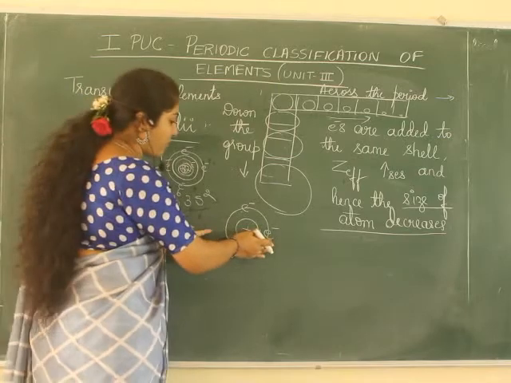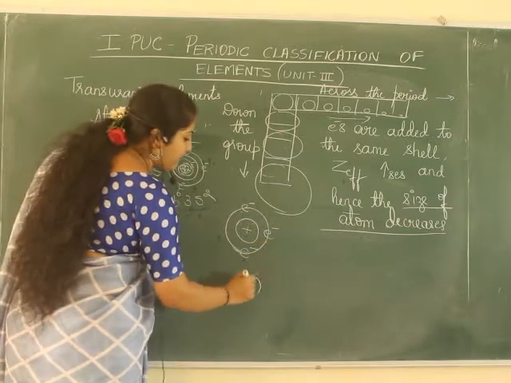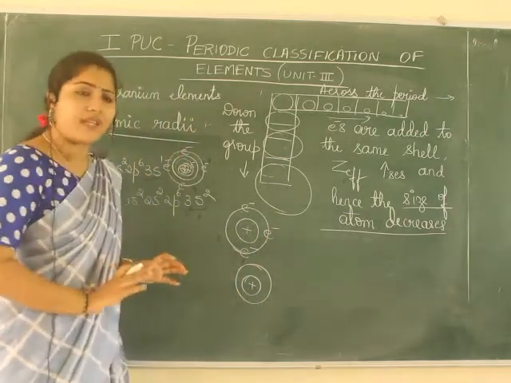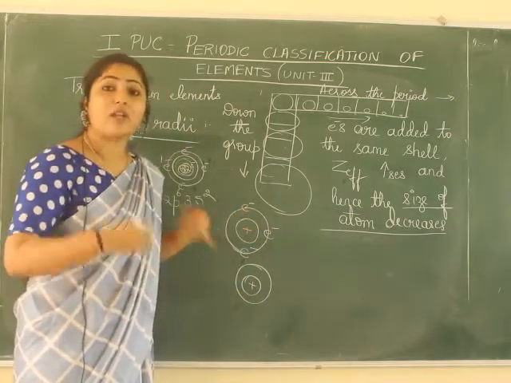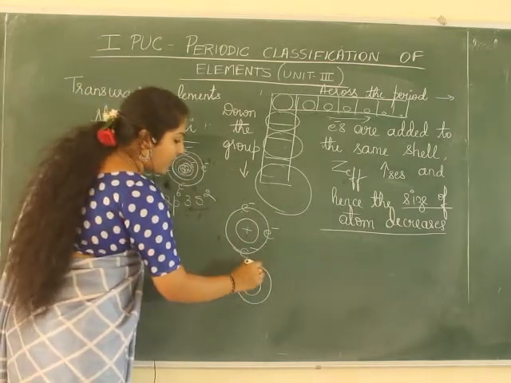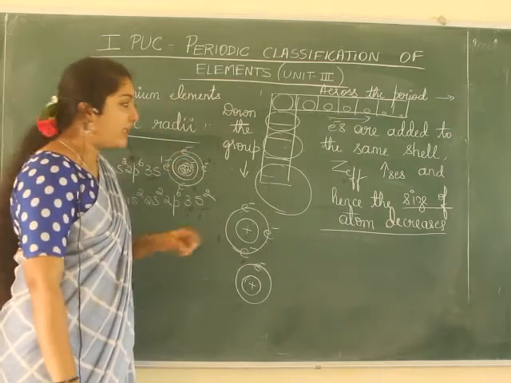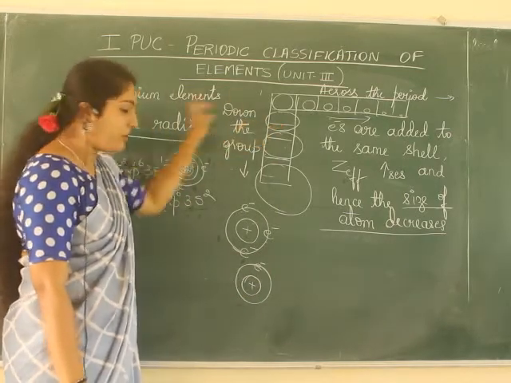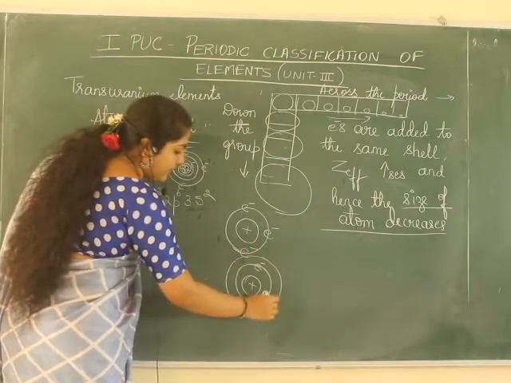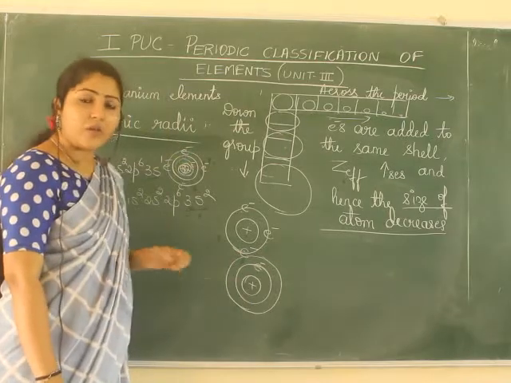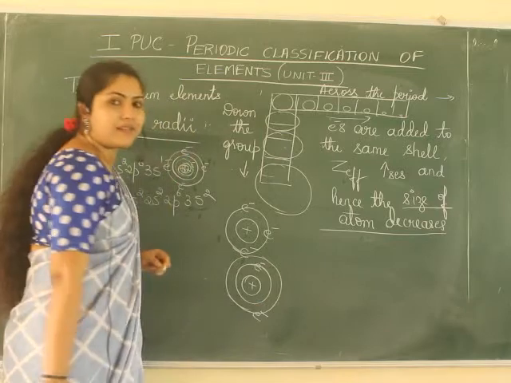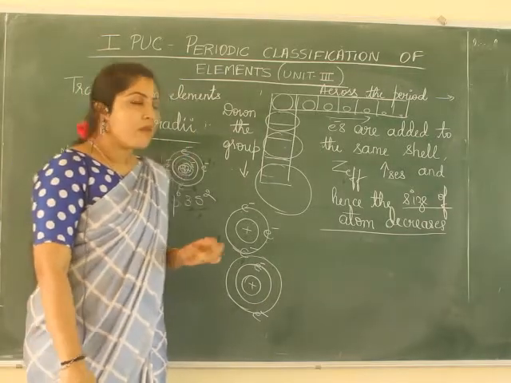Now down the group, it already had one outer shell, isn't it? I don't mean to say that it will have only one shell, I'm just mentioning the outermost shell. So for sodium, the electron was added here. When you move on to the next one, potassium, 19, what happens? One more shell will be added. Now where does the electron go? That electron goes to that extra shell which has been added. So what will you tell?